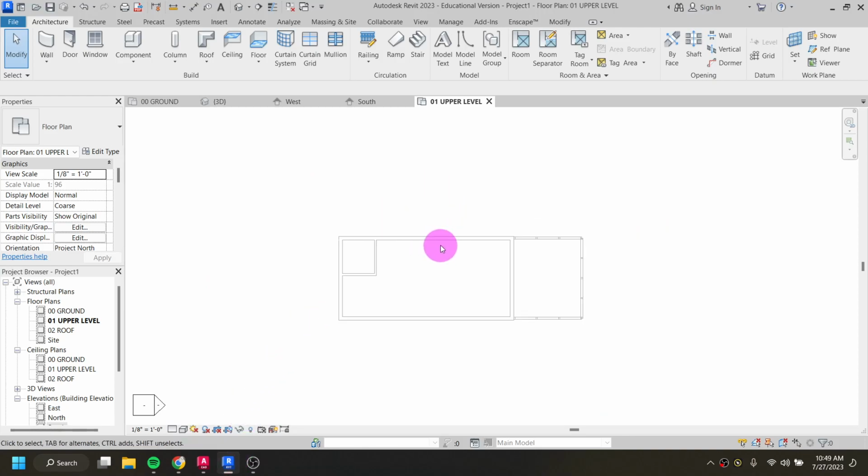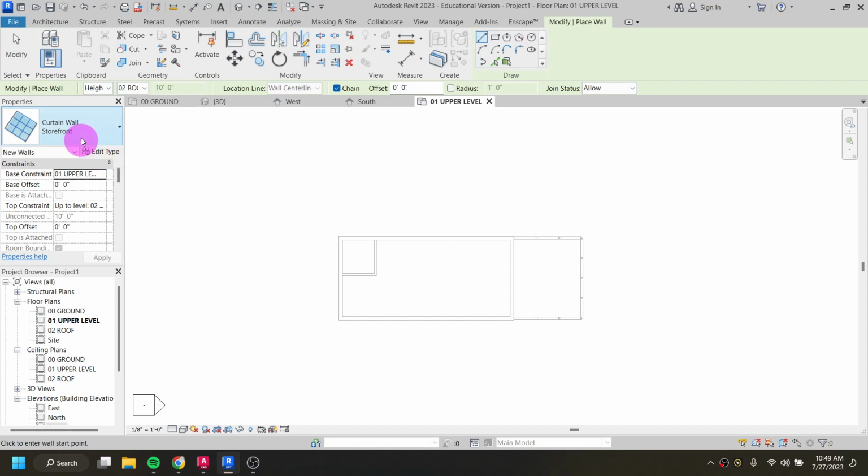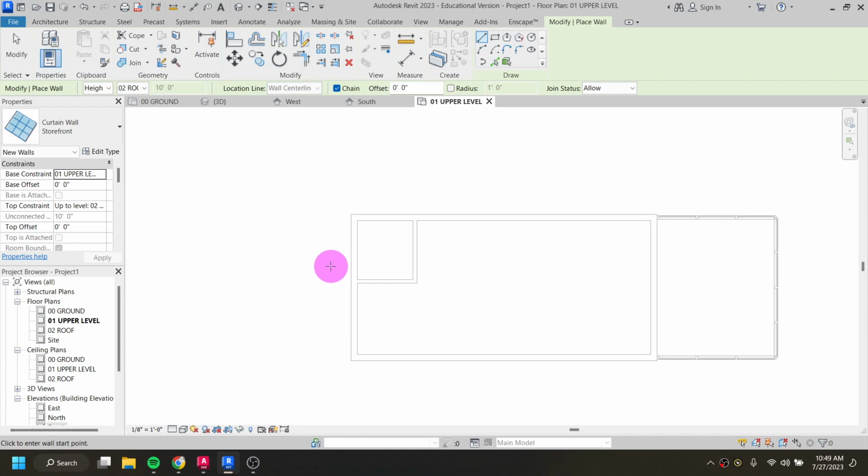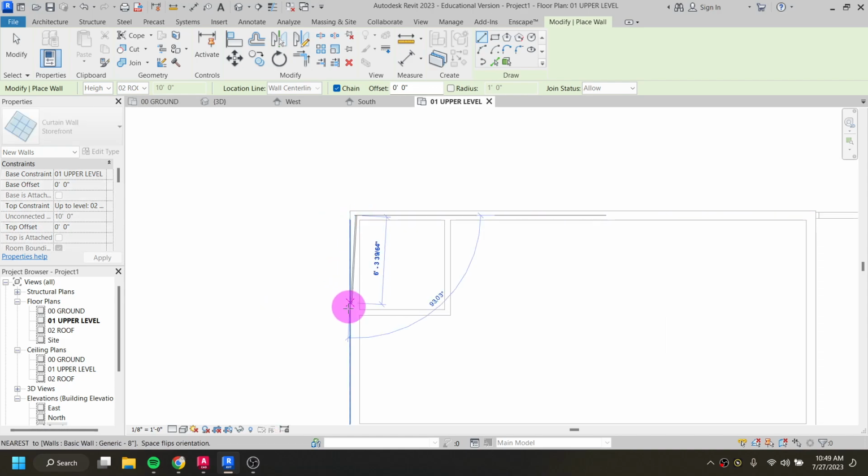So on my level 2, I'm going to start my upper level. I'll try to call them what I have them named here. I'm going to start my wall tool, which again is keyboard shortcut WA, or that button here. I'm going to draw a curtain wall with a base constraint of my upper level and a top constraint of level 2. So it's going from my upper level up to that 20-foot mark. And I'm just going to draw a curtain wall straight down here,